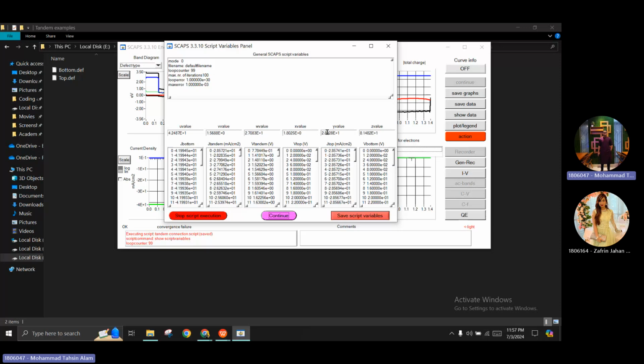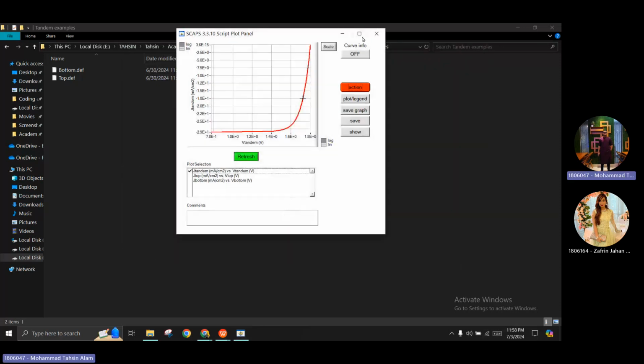The Y value is the short circuit current, and the Z value indicates the fill factor. The U value here indicates the efficiency of the whole tandem cell. If you click continue, here is the